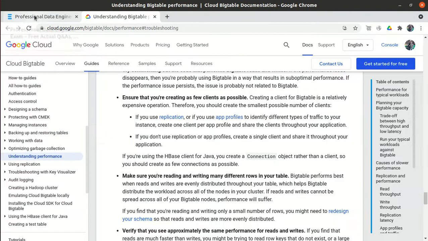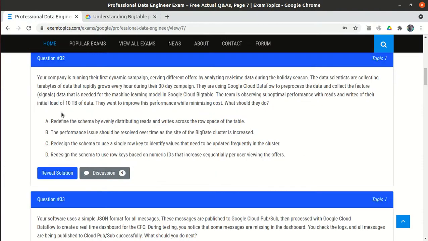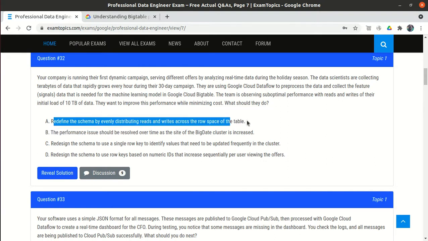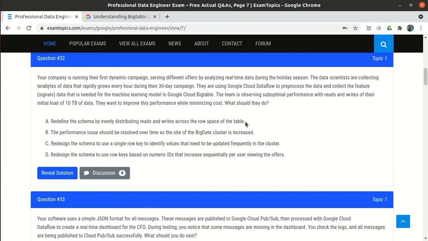The first option says to redefine the schema by evenly distributing reads and writes across the row space of the table. That is the correct option.